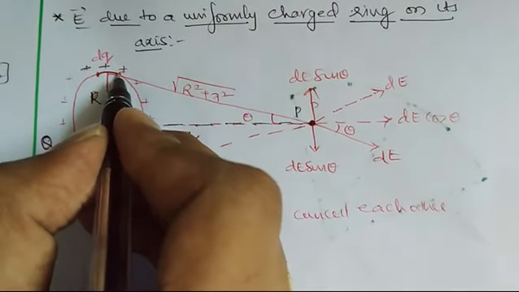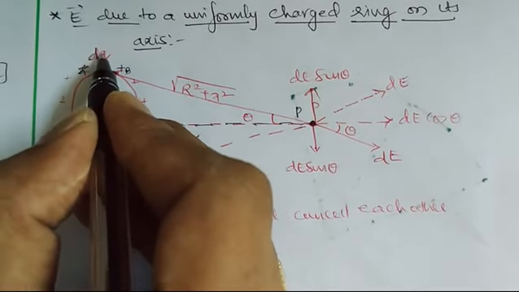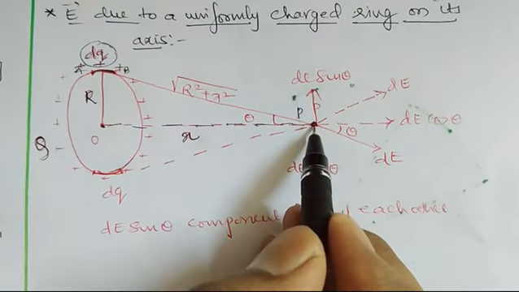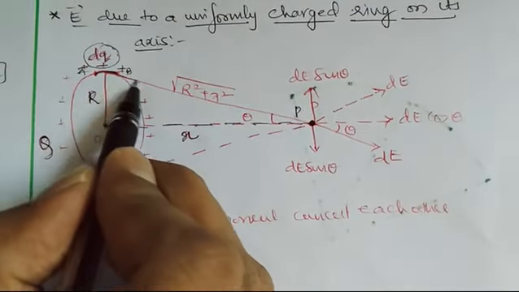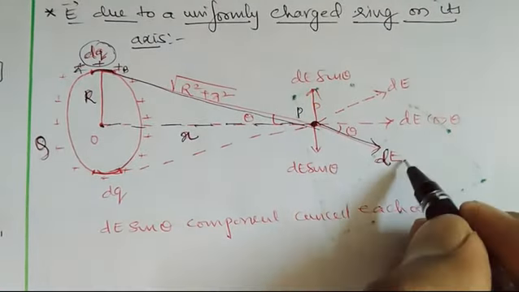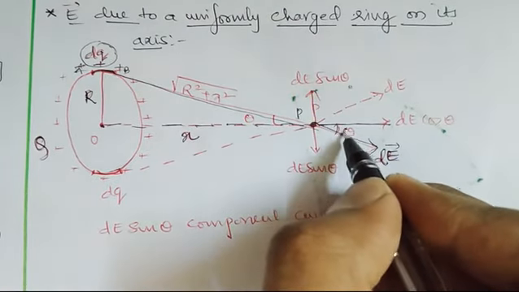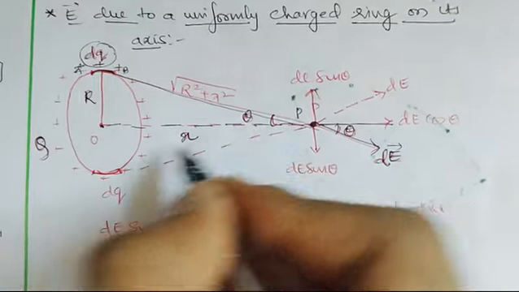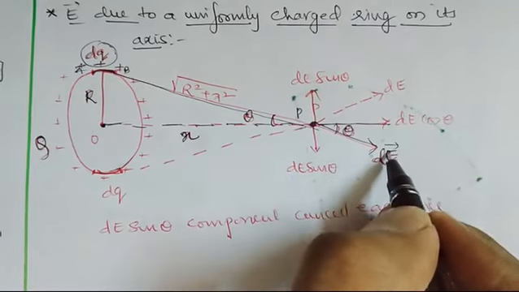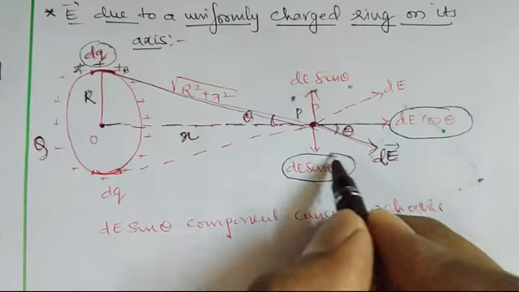Now I will consider a small portion, let us take this as AB. Now we will have what? A small charge dq. Due to this dq, the electric field at point P will be in which direction? A straight line. So this will be the electric field dE, which makes an angle of theta with the horizontal, with the perpendicular distance from the center being x. Now again it will have two components, dE cos theta and dE sin theta.